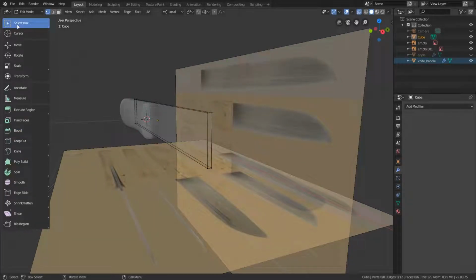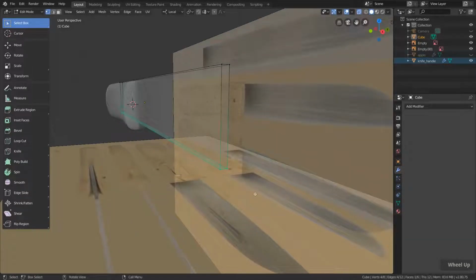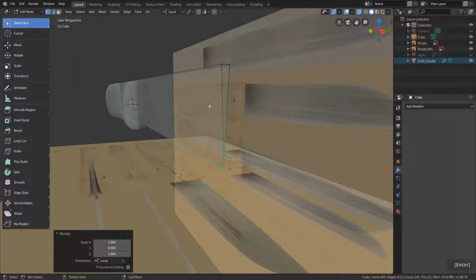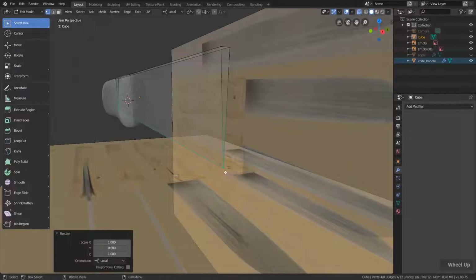So for that, let's go to the select box tool and simply select the part down here, press S for scaling, in this case Y for the Y-axis, and now simply enter 0 on your keyboard and hit enter to confirm. Now we basically have this shape here, but still we have a little problem, because